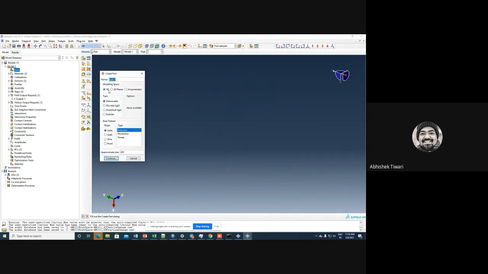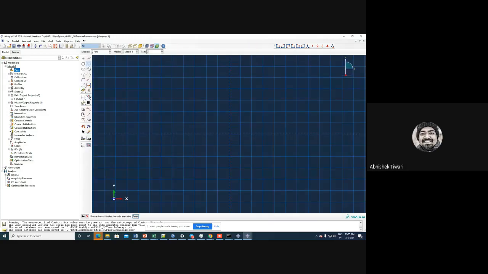So now let us model the fractured specimen. In fracture, there are different types of specimen. We will be modeling the CT specimen. I hope you know what a CT specimen is. We have discussed this kind of specimen in MM 302. Once I make one, you will realize what we are making. I'm not going to define the exact geometry, but I will be close to it, but the dimensions might change. So you have to follow the ASTM standard in order to give the proper dimensions to the specimen.